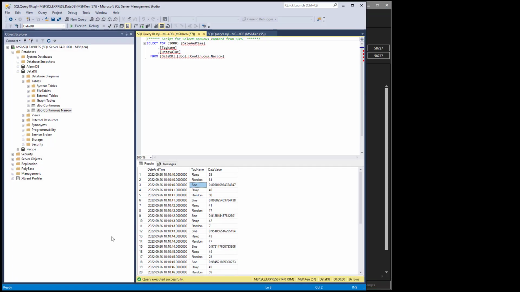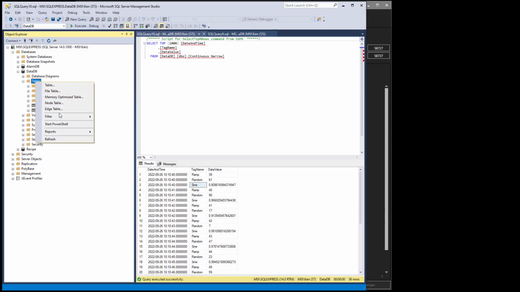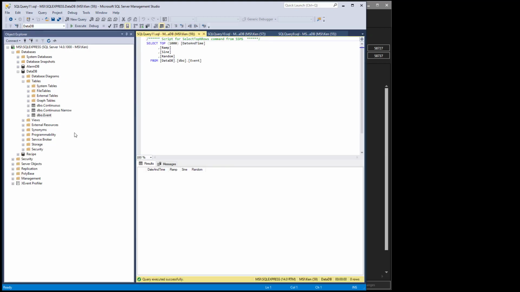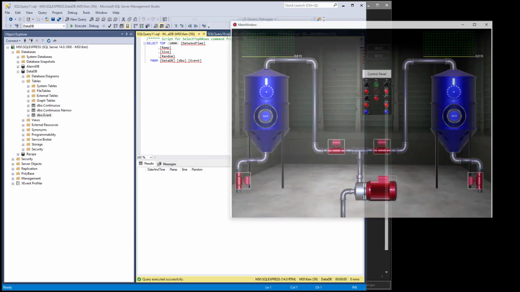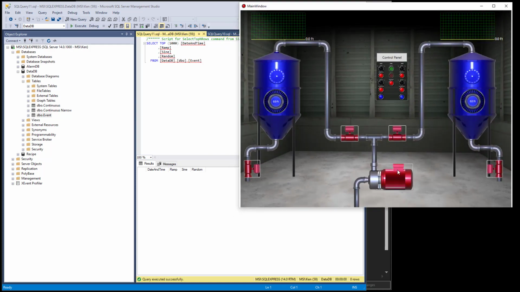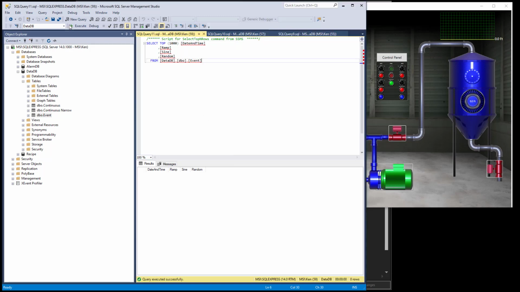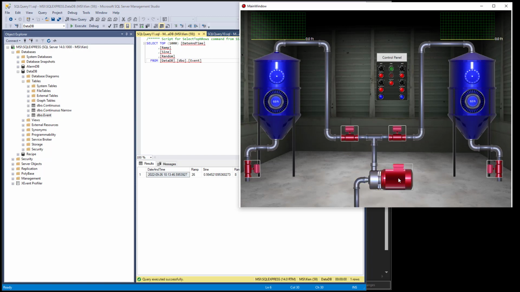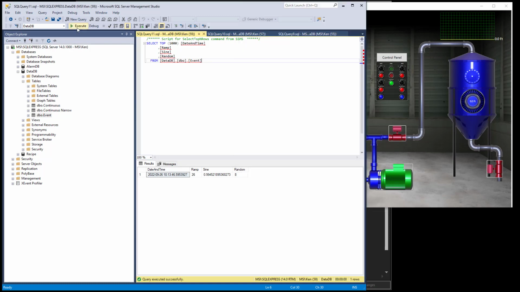And we'll select that, add to that logging group. We'll come back into the database management tool, and we see we have a new table here, but we don't have any data yet in this table. So I have a handy .NET application that is tied to that pump signal. So what I'll do is I'll just click on that pump to turn it on. And now, when I execute the query, I see I have one new record that's being logged into that table. And if I trigger this multiple times, basically for every transition, I have a new record that's being recorded